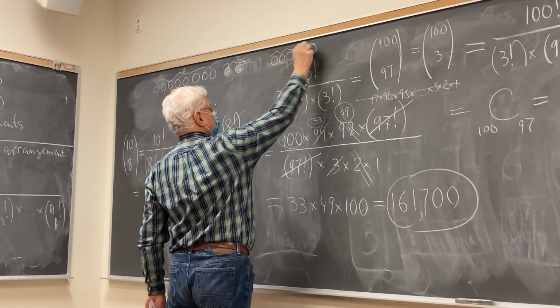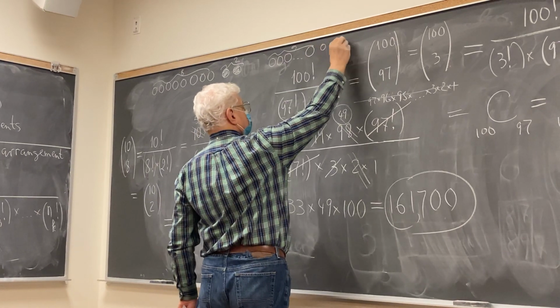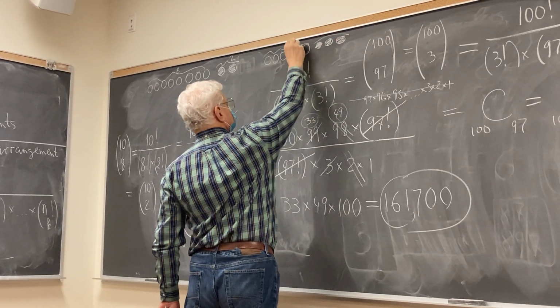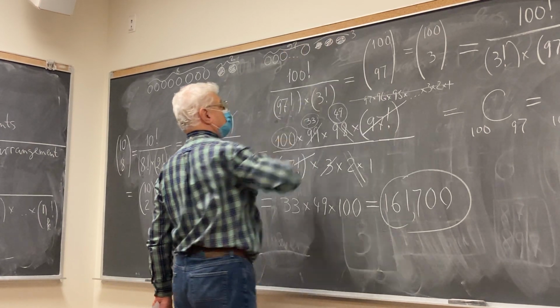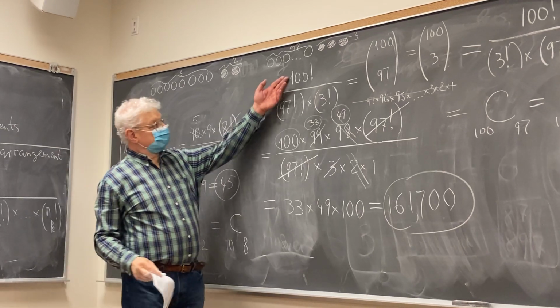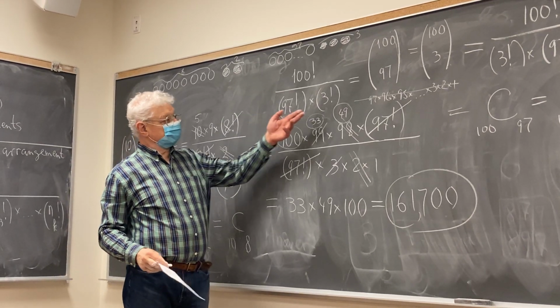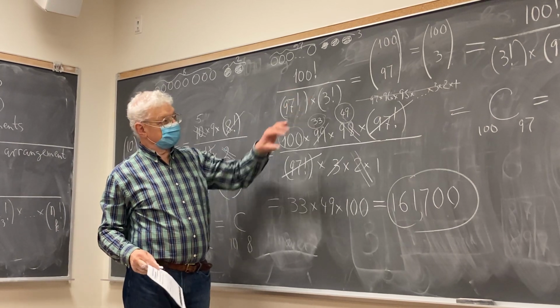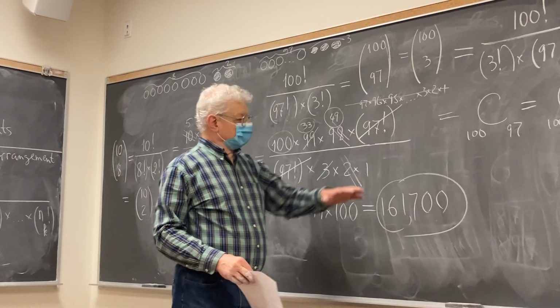Okay, 97, and then you have 3 black. And what's the number of possibilities? 100 factorial divided by 97 factorial, and then by 3 factorial. Everything is in the denominator. And the answer is, okay, so what is